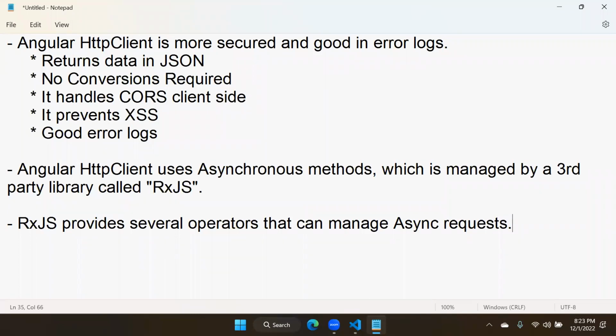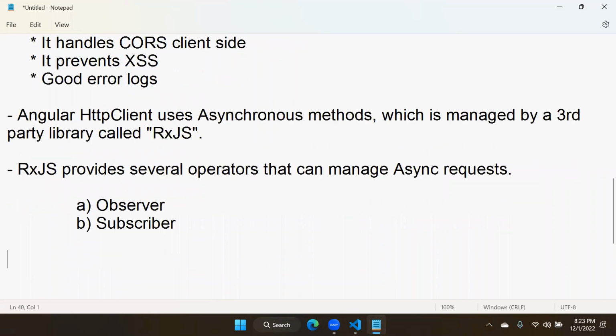In those operators, two are important. One operator is an observer. Another operator is a subscriber. These two operators are important. Observer and subscribe. These two are important. What are these operators? I will show you. I will explain, right? What observer will do is, observer is